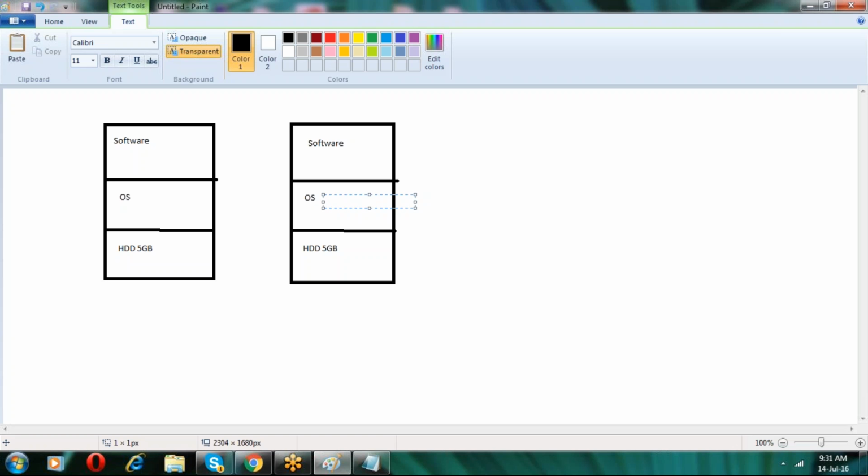One of the disadvantages of clustered machines is that they are tightly coupled. Each and every machine is connected to each other. If one machine is down, it will take some time to bring in a new machine or change the connection from one machine to another. That means it is tightly coupled.